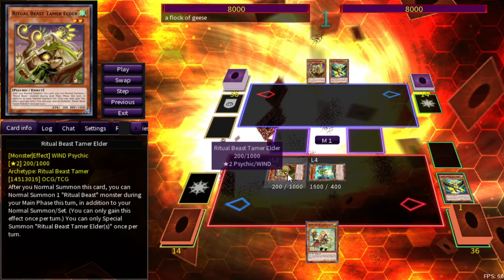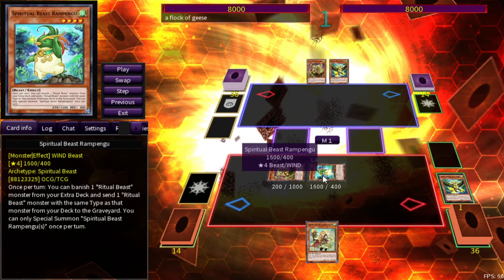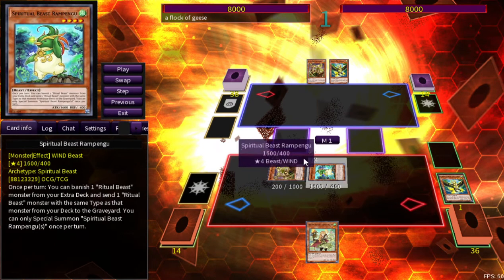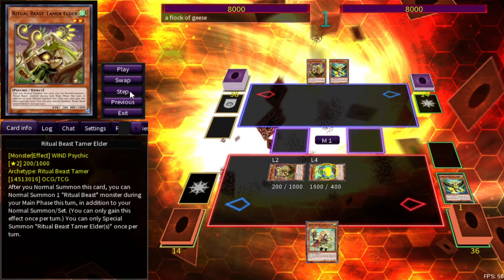So now we special summon Elder, and we've also special summoned the Rempengu. Rempengu has an effect, which I'm sure will be activated here. So we're going to go ahead and banish a Ritual Beast monster from your extra deck and send 1 Ritual Beast monster with the same type as that monster from your deck to the graveyard. Pretty cool because